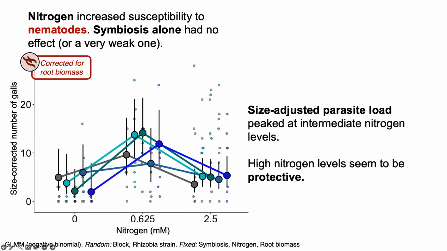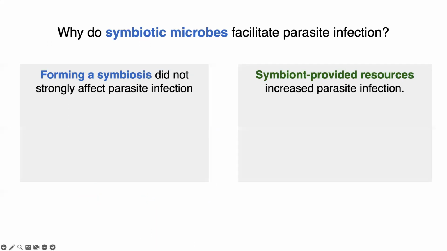And so when we do this, we see a really different pattern. Now we still see an effect of nitrogen, but not symbiosis. So we're still seeing that resources seem to be the driver of susceptibility to infection. But now we see that parasite load is peaking at intermediate nitrogen levels. And so we see very low parasite loads at low and high resource levels, but relatively high susceptibility at intermediate levels. Okay, so